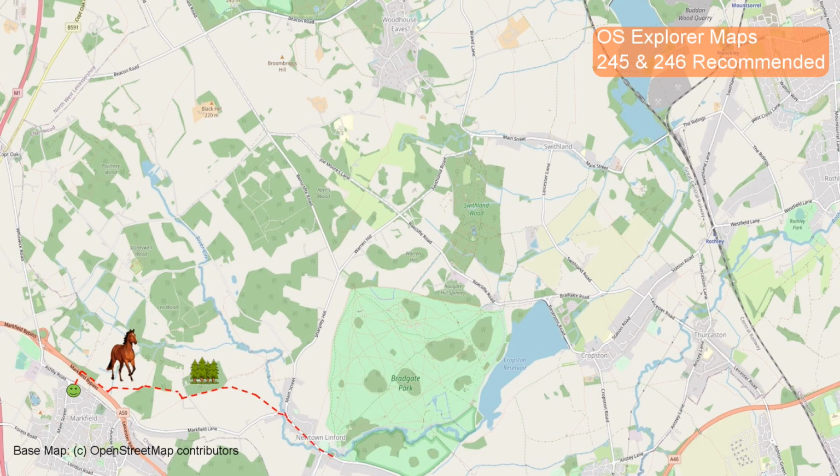Heading through the village, the route picks up the entrance to Bradgate Park by the church, heading eastward until it reaches the ruins of Bradgate House, where it turns north up past Old John's Tower and then downhill to cross Warren Hill Road. Heading northeast through Abel's Wood, the route next crosses the Lingdale Golf Club course and then heads